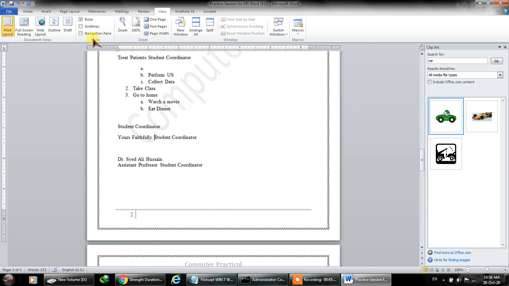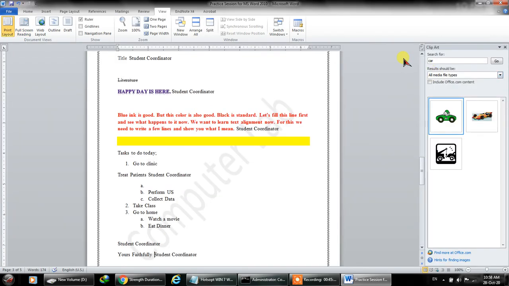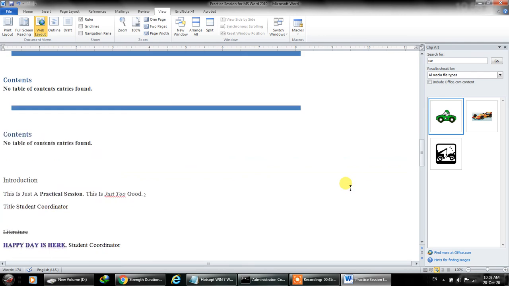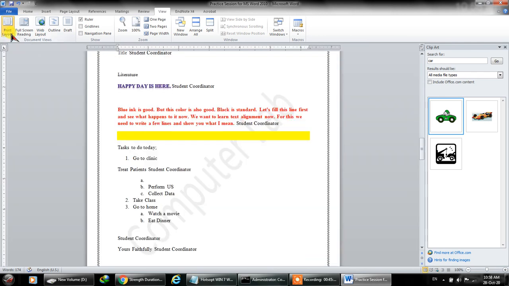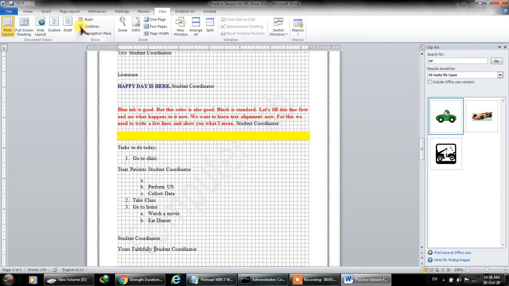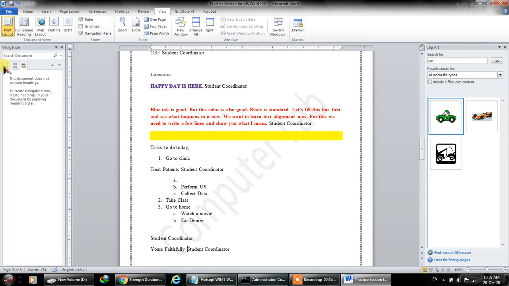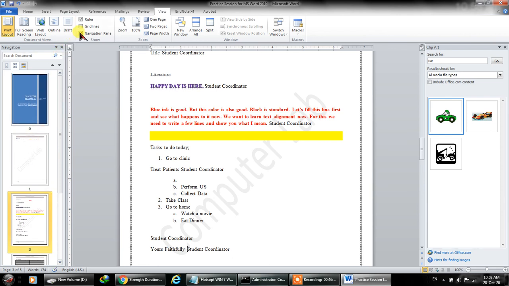For example, full screen, this is the full screen view. You just have to press escape. Or web layout, this is the web layout view. In the internet you can see things like this. Or print layout, or outline, or draft, and then grid lines, just like your graph paper. Navigation pane, this is telling you any heading or subheading, and you can scroll between the pages, not necessary.